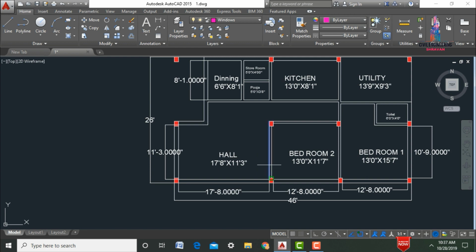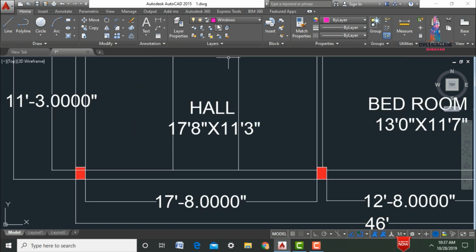So initially I will take the specified distance as 6 feet 6 inches here. So just we need to draw the offset which is at a distance of 6 feet. So after that we need to draw one more offset which is of 5 feet 0 inches. Click on enter option. So here I am drawing 5 feet offset for the window width. So after that we need to draw the lines here with the help of this respected window layer. So L enter option, select this respected point. Again we have to select the second point here.